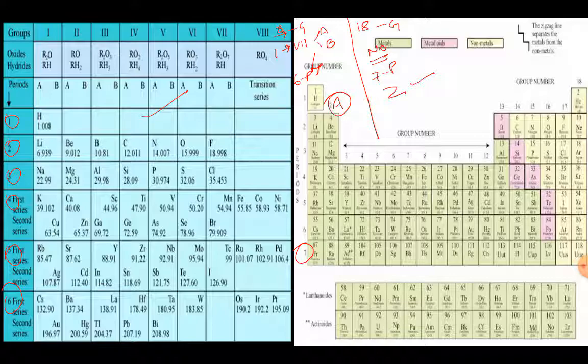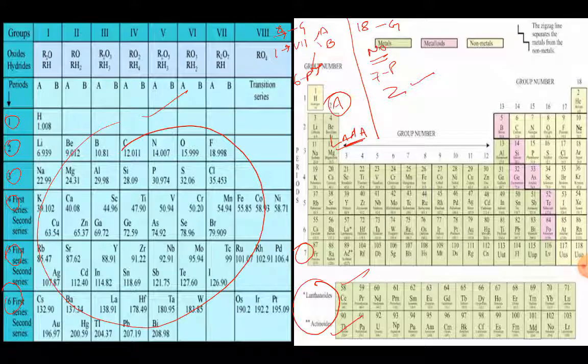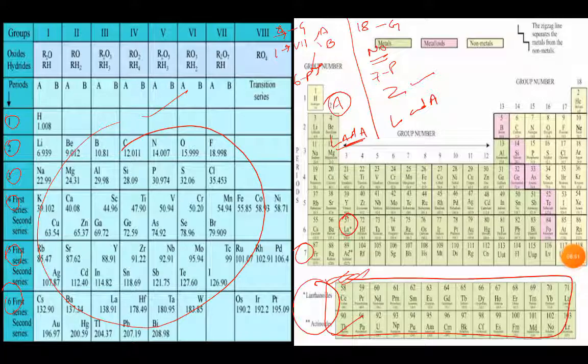Then next difference is that lanthanoids and actinoids, okay, that is these two series, they are not separated over here, right? They are not placed in two separate rows. But when we move on to the modern periodic table, we all know that lanthanoids and actinoids are placed in two separate rows below the main periodic table. The lanthanoids start from 58 till 71, and the actinoids start from 90 till 103, and 104 again comes back in the modern periodic table only.